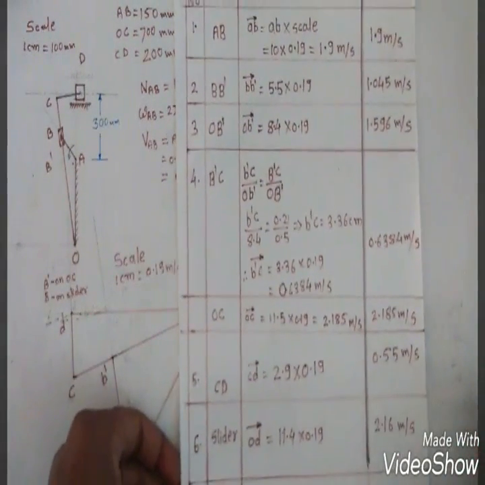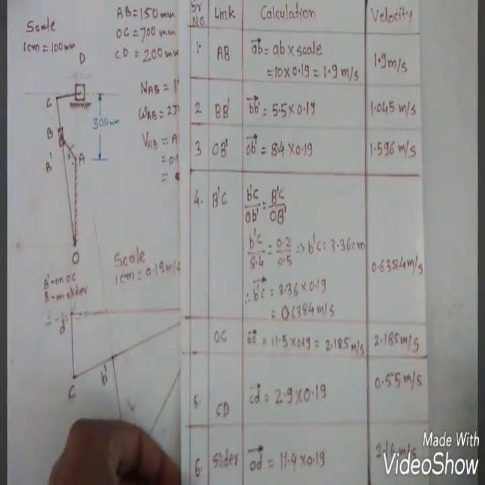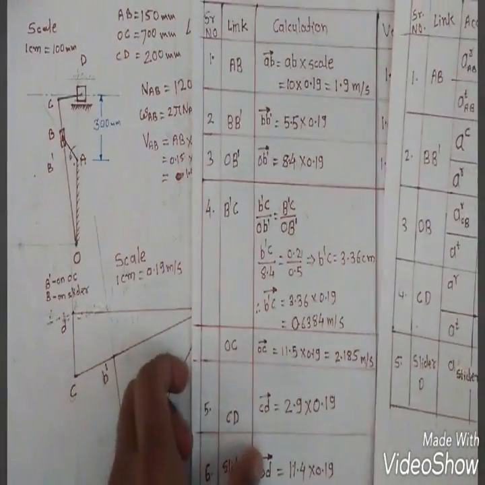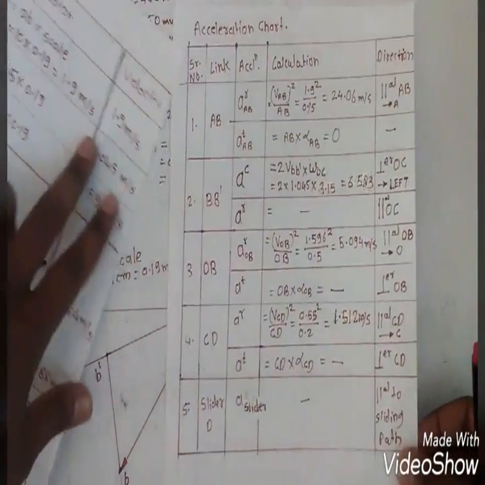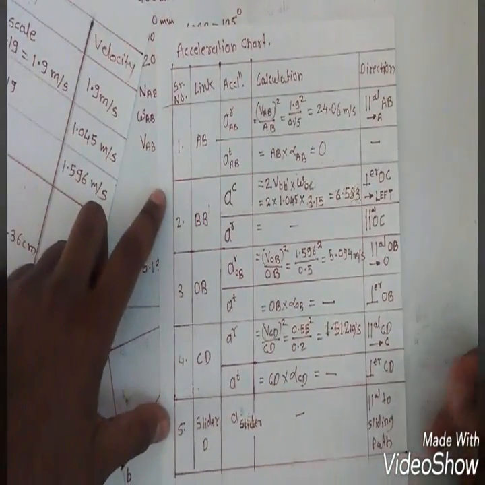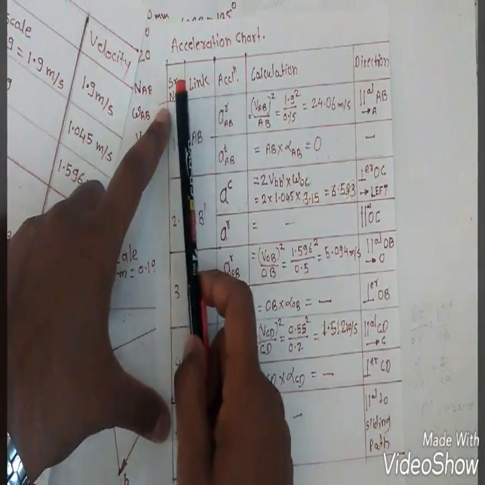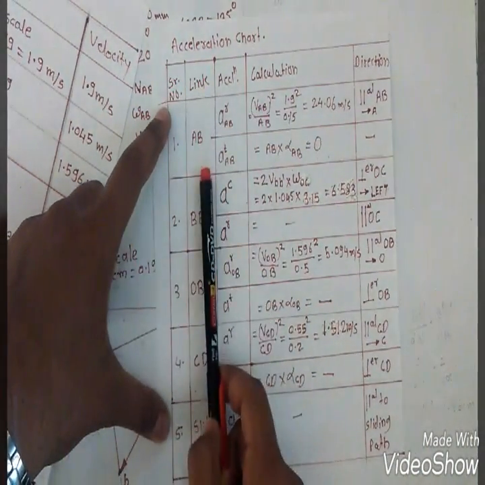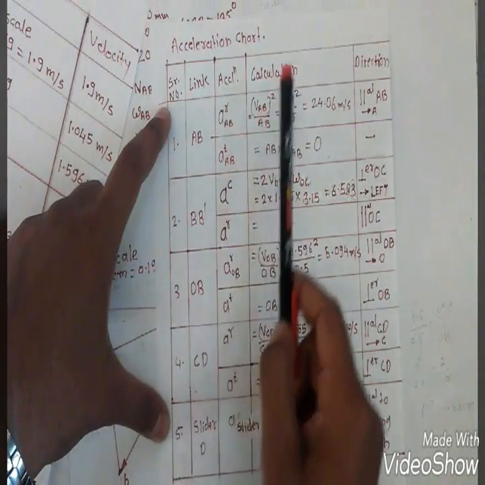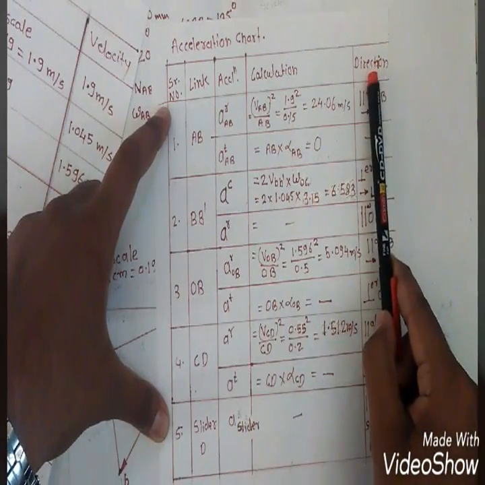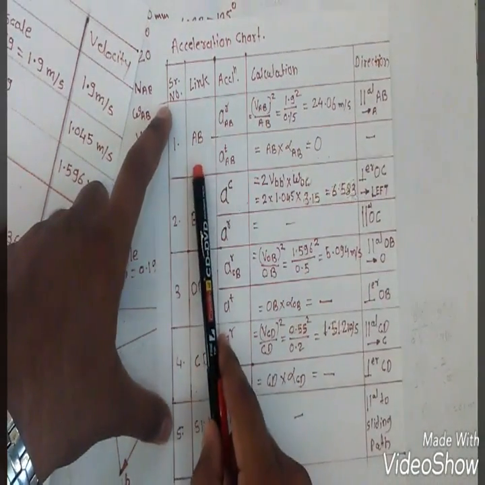After completing this velocity chart, you have to prepare a chart for the acceleration diagram. I have prepared this chart for the acceleration diagram. Here the columns are: serial number, then link, accelerations, calculation, and direction for the acceleration vector. For the first link AB,